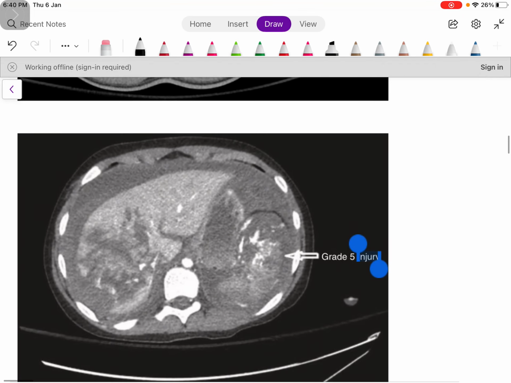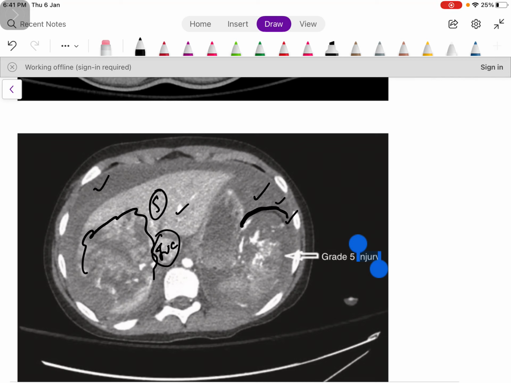Then see, this is a grade 5 injury, a very severe type of injury. There's a massive intraperitoneal bleeding, and there is a laceration in the liver also, surrounding the IVC, so this is a grade 5 liver injury. Here we will mainly talk about the spleen. If you want to know more about liver injury CT scan findings, you can watch the video I have already made about this.